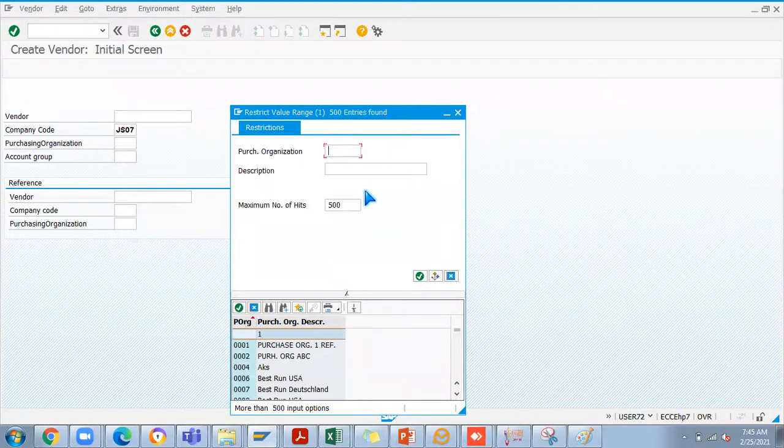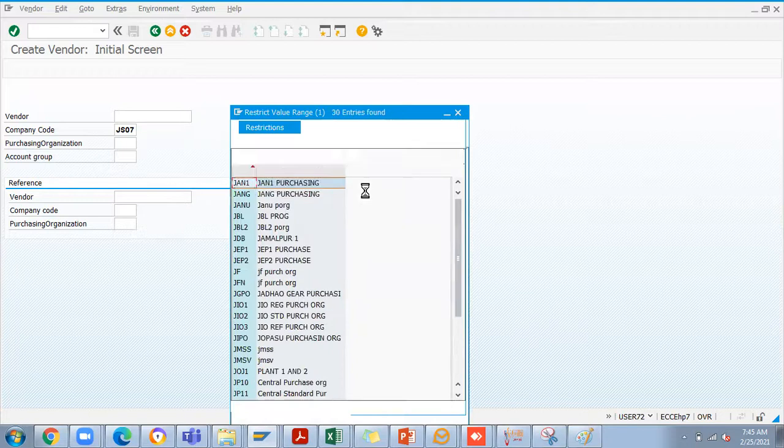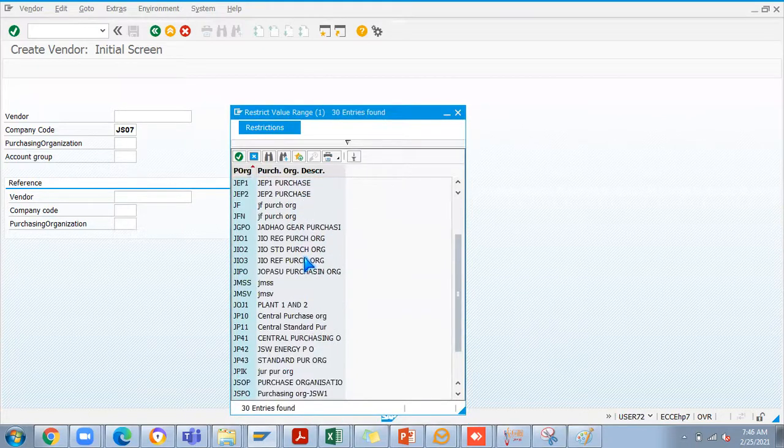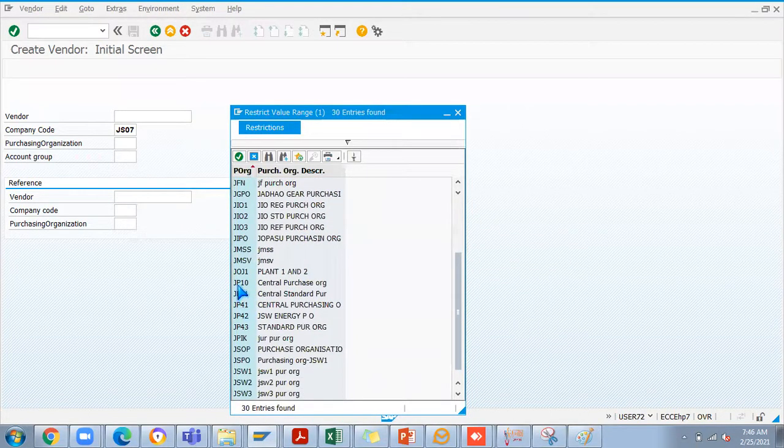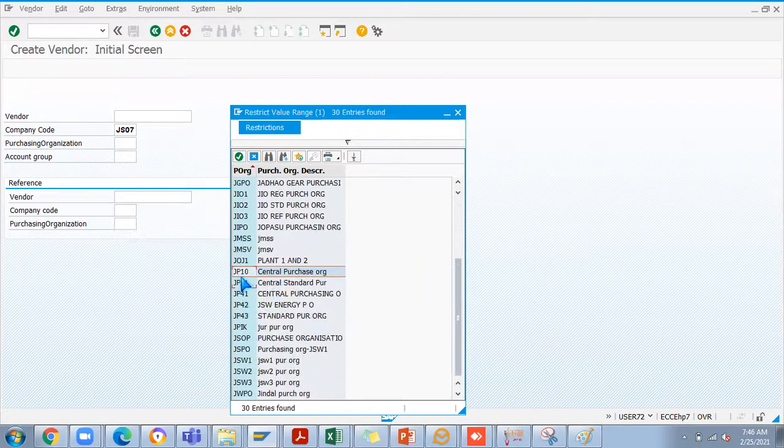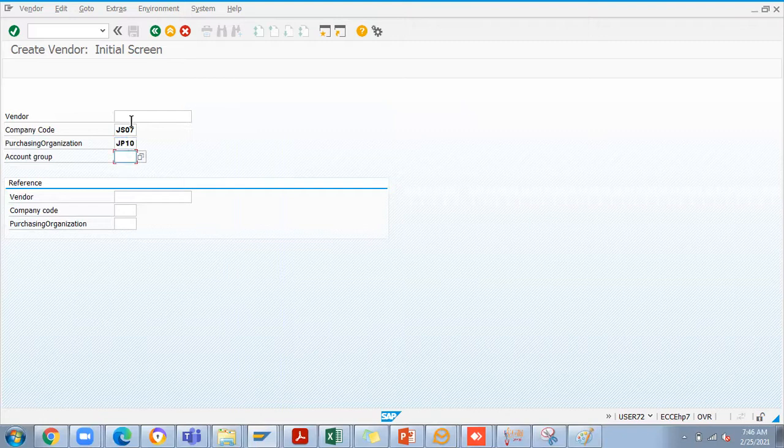So here I can put J star. If any J, it will be showing. See, my purchase organization is JP10. If I forgot, at least I should know one letter or something. Then I can search with this option. Okay, JP10. Then account group.